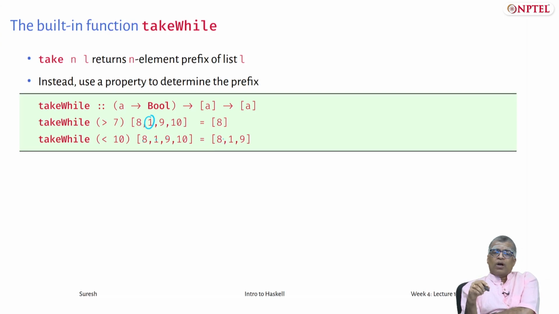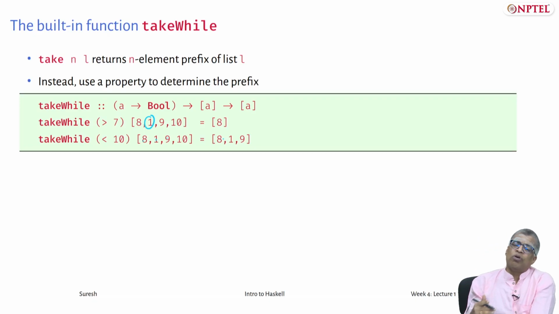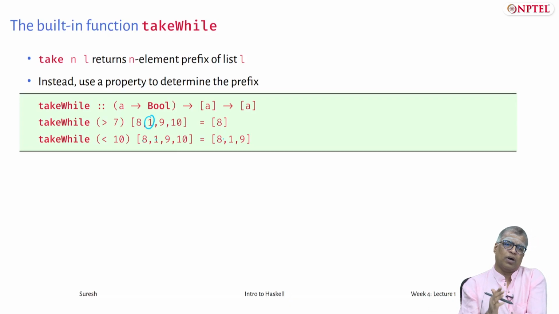So in the earlier example, of course, it would be silly to use takeWhile less than 5 of 0 to 9 instead of saying take 5 of 0 to 9. But in general, you don't know how large a prefix will satisfy your predicate. Your predicate could be complex, your list could be the result of some other computation, and so takeWhile is what you want to use then.